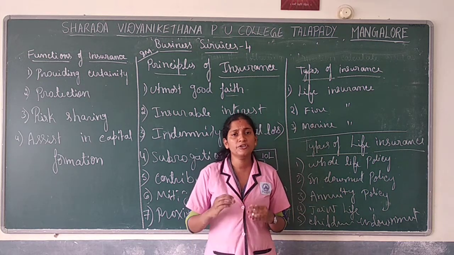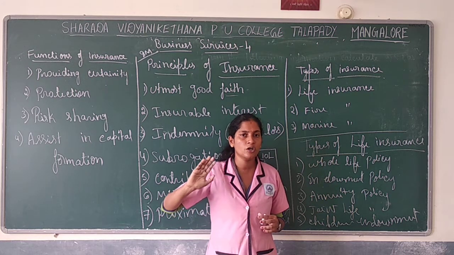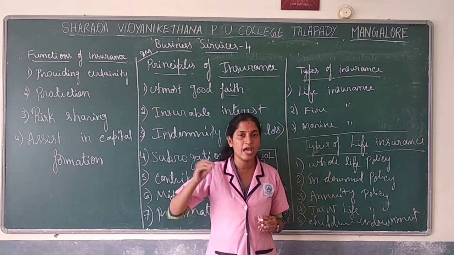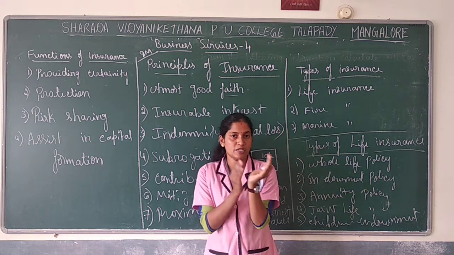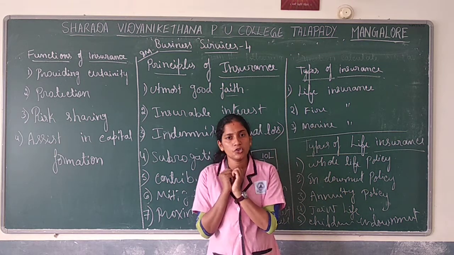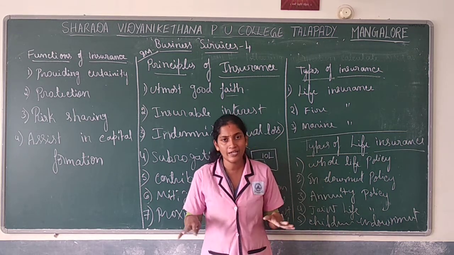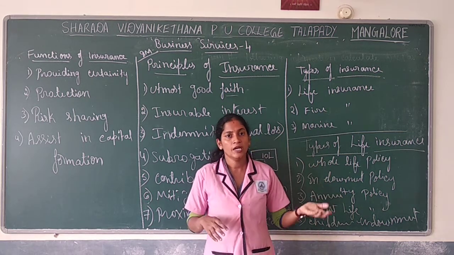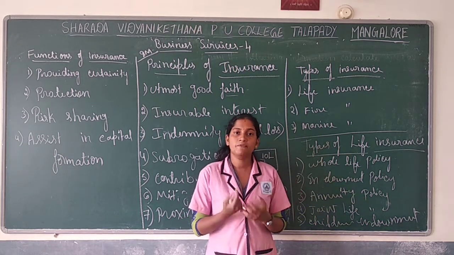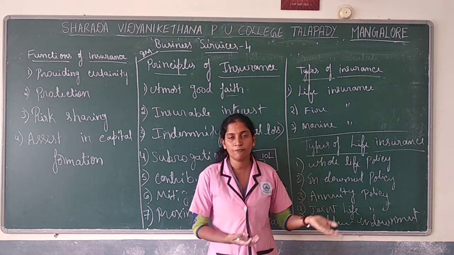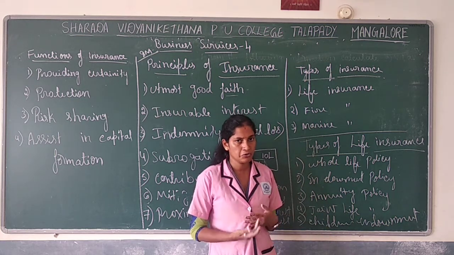Next is annuity policy. Here also we have to pay a certain premium every year, or monthly, quarterly, whatever it is. After certain years, for example 20 to 30 years of paying, during old age, after a certain age, you stop paying it and they start giving it to you in the form of pension. You can collect it fully as a lump sum amount, or monthly in the form of pension.